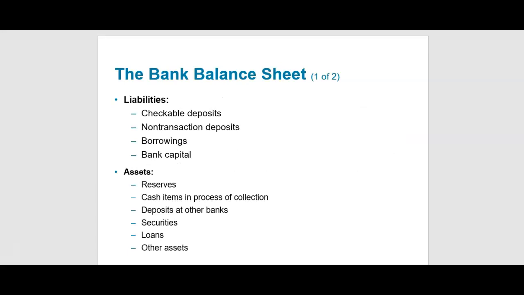The bank balance sheet. This is a critical part. The bank balance sheet is divided into two parts. The liabilities, and these have in them the deposits, the non-transaction deposit, the borrowing that the banks does. So the bank borrow from other banks and borrow from the Federal Reserve, and we're going to see that when we talk about liquidity management. And there's the bank capital itself. So whatever the owners had invested in the banks, the bank capital itself, and we're going to see that in terms of managing the risk of the collapse, the kind of role that capital will play.